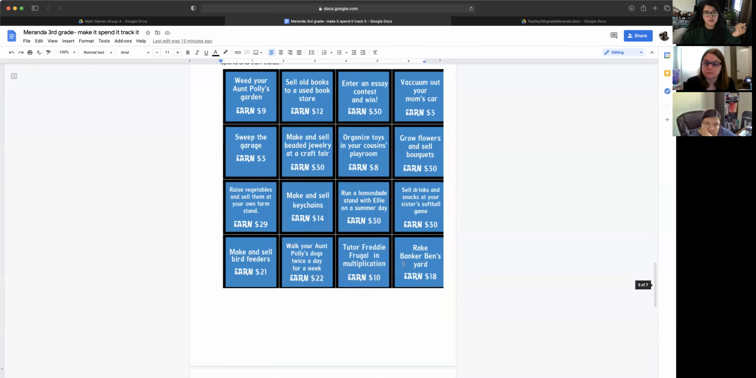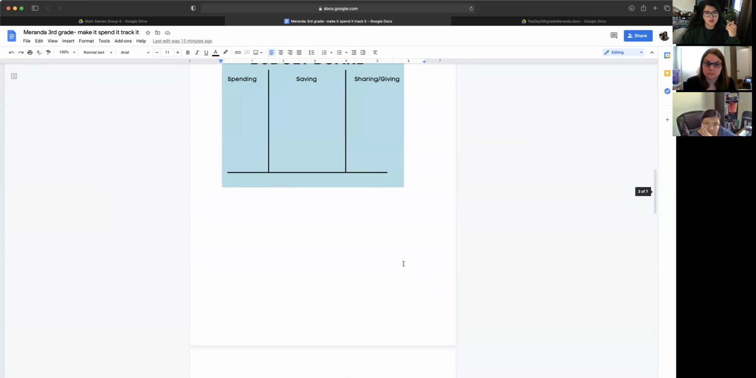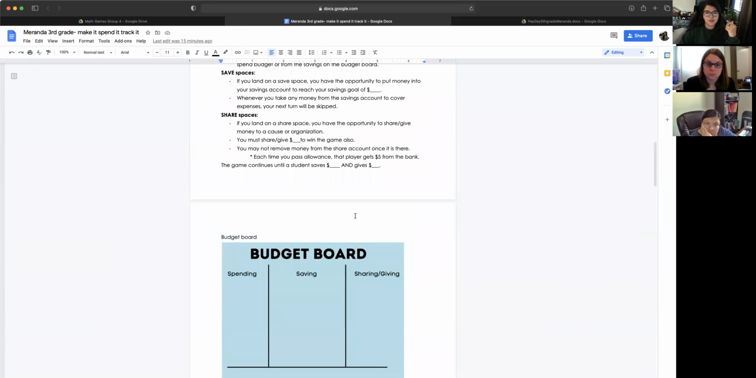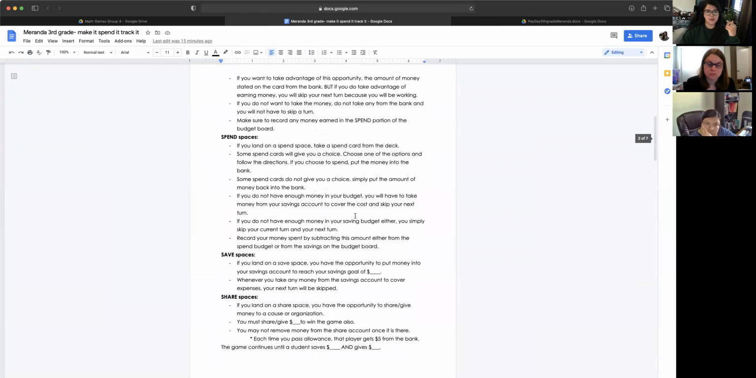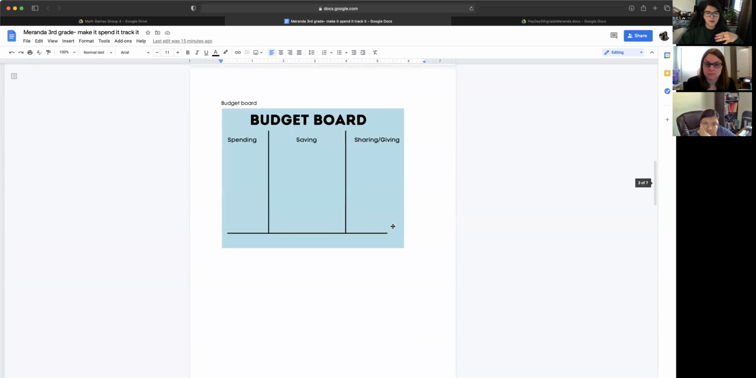The important thing about the spend cards is that they start with a set amount of money, and if they don't have enough, then they will have to take money from their savings account. If they don't have enough in the savings account, then they'll have to skip their next turn. That way they really are making these critical decisions, and they'll have to document all their spending, saving, and